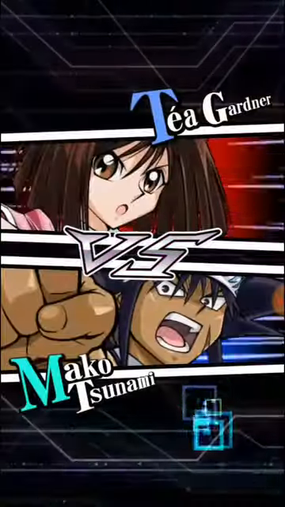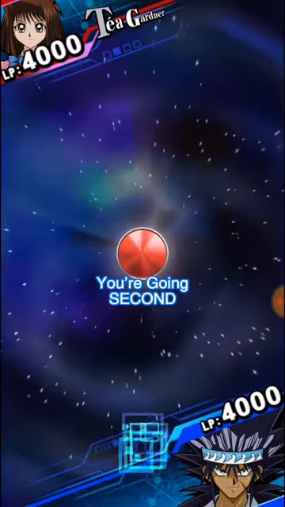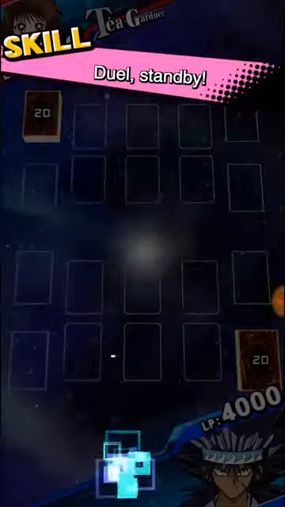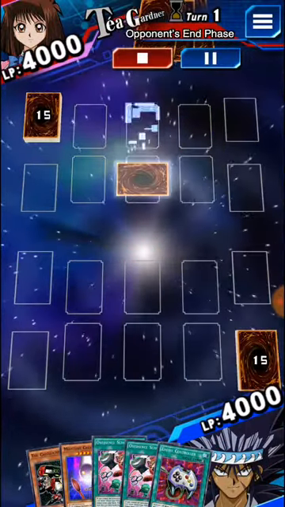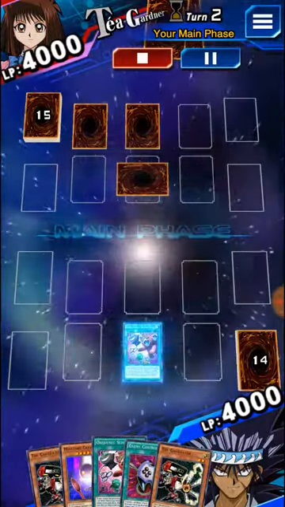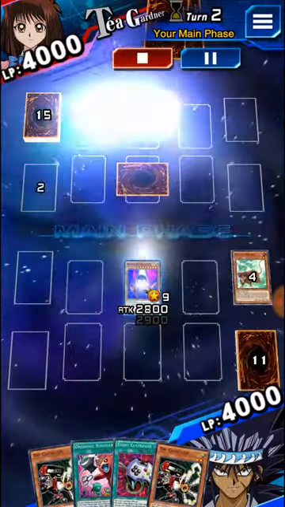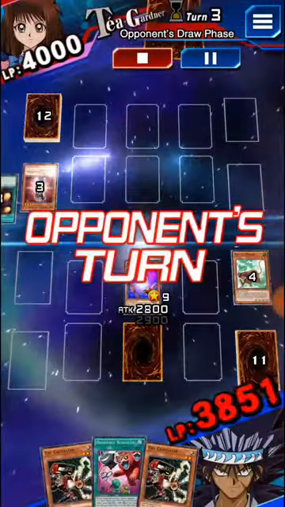Playing against a Taya Gardner, I think she's running Duel Standby. I start out with 5 cards, which kind of helps me out too, because I can go ahead and get all the cards that I need. I did get the Obedience School, and I do have a Moisture Creature, so that's good already for me. And then I'll go ahead and summon it, destroy the back row, and she is running, I think, a burn deck, which is